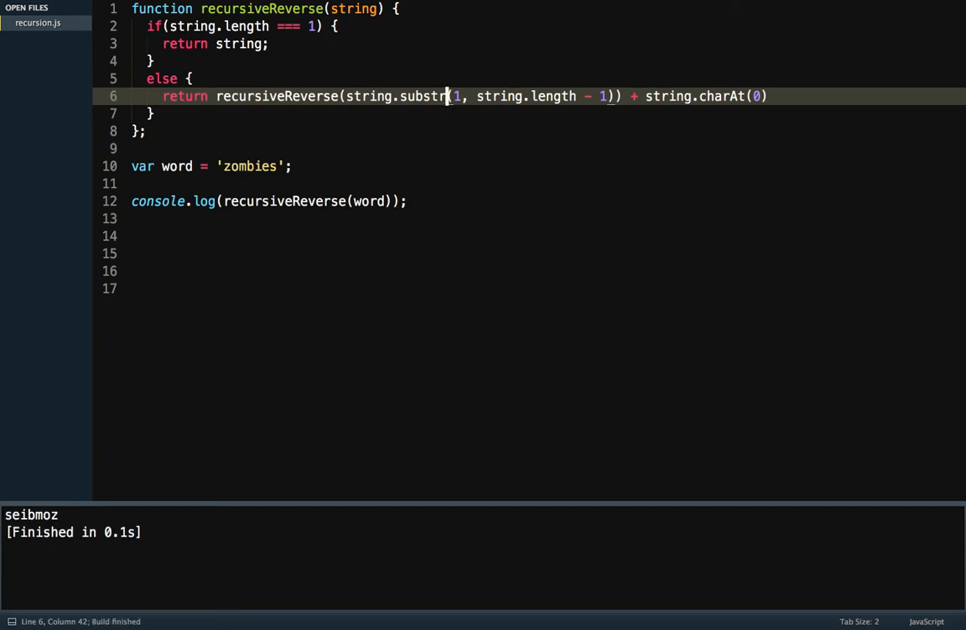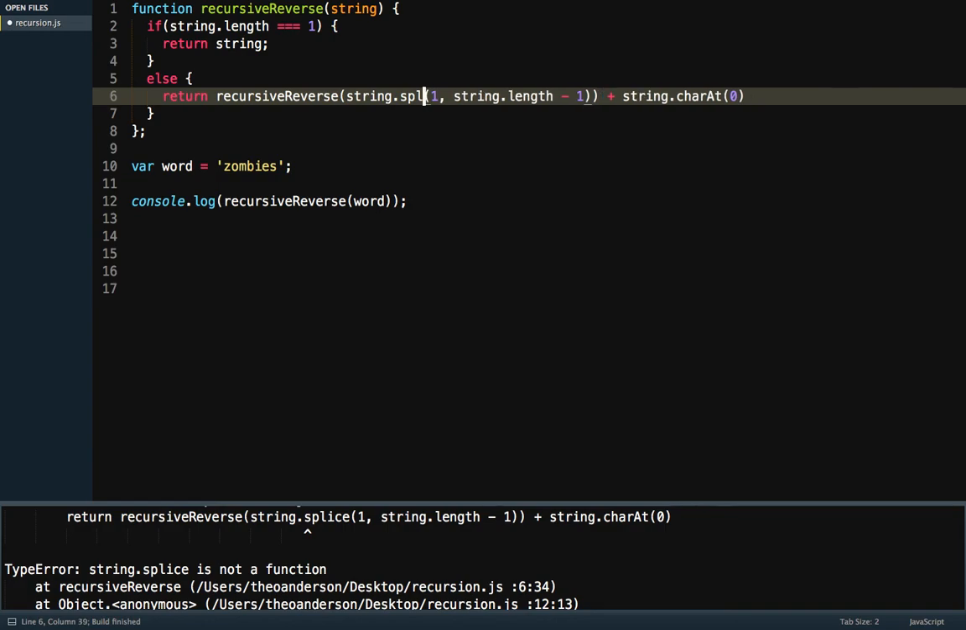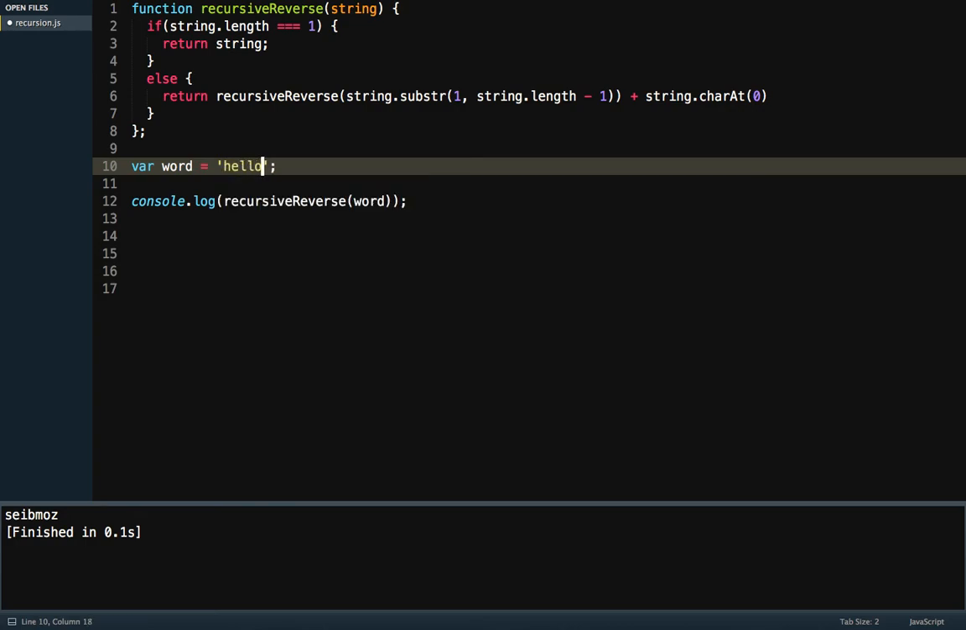Substring, yeah, that's why. I think with slice, let me try. I don't know if this has a slice. I don't think splice. So we need substring. Let me try that. Okay, so that works, and just to prove it, we can change this to hello, and